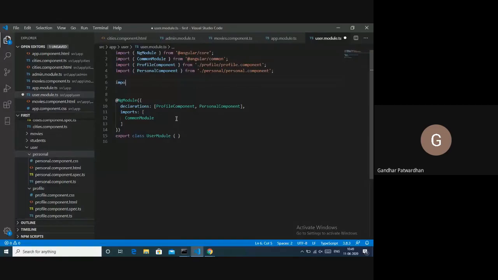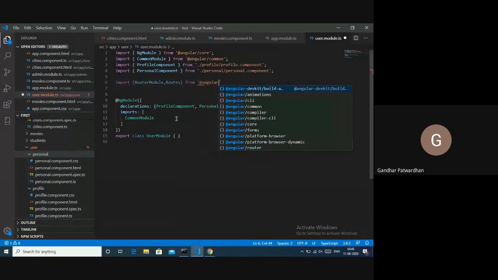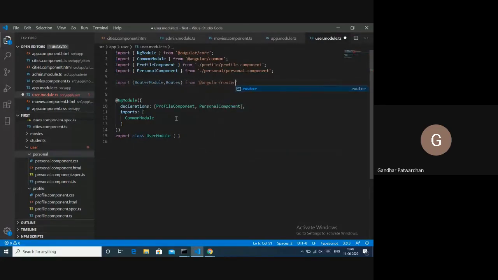Now, to use router, what is required? First, we need to import. So I would say import RouterModule, comma, Routes from @angular/router. This is the same step. Then I'll create an object of routes.